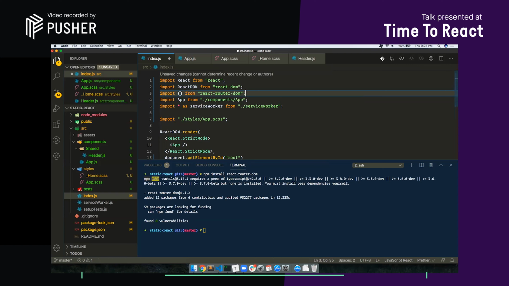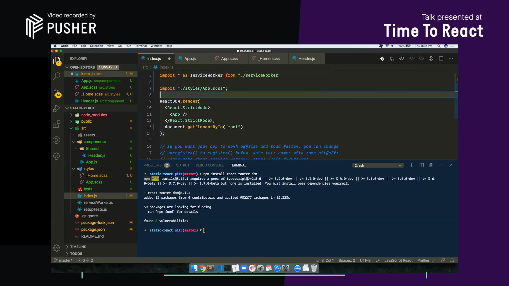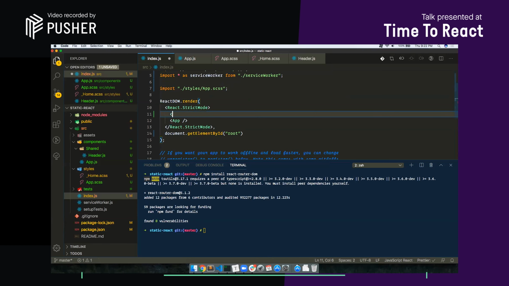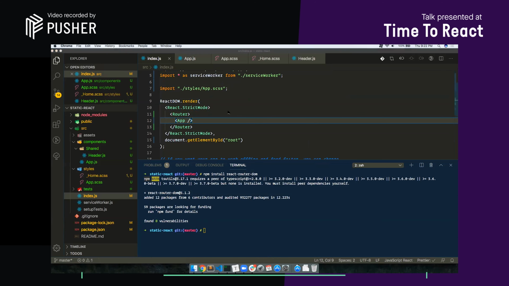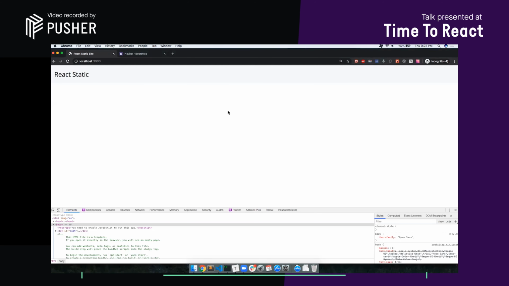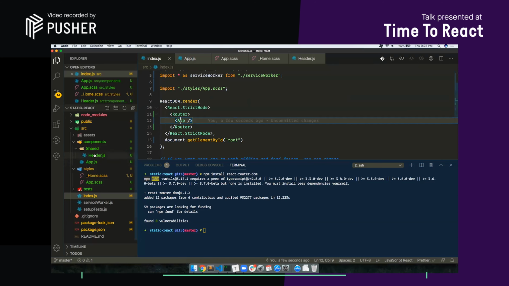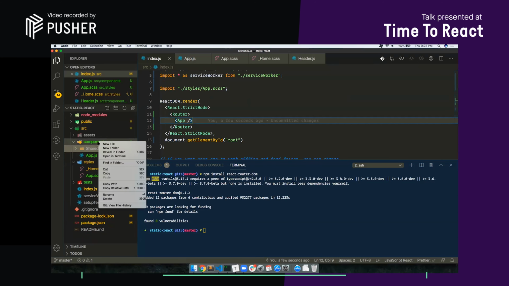Now it's installed. VS Code will also suggest what all the imports are that we have done. The first thing I need to do is use a browser router, and I'm using it as a router because I don't need to use the browser router as a whole. So inside the strict mode, I'm going to add a router tag, and then put the app inside it. There is no difference you can see right now, but we need to use different components to use the router, like for displaying the pages. Let's start with creating a few components. Let's start with two components, one being home,